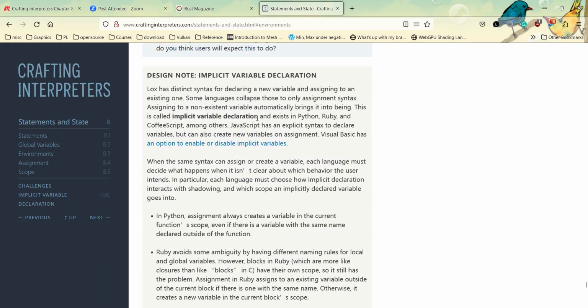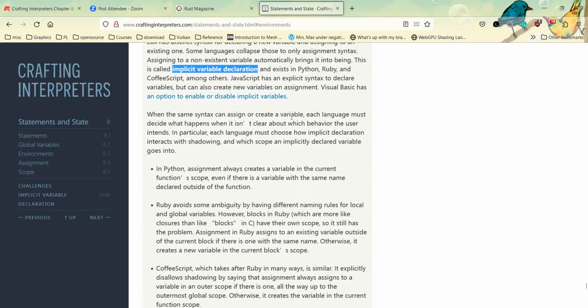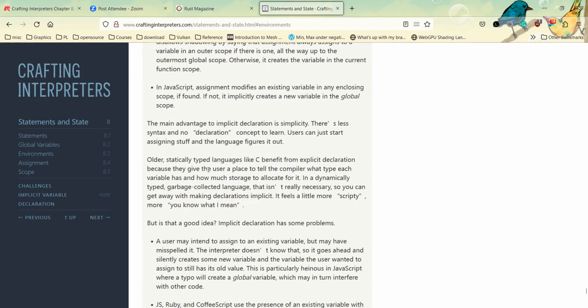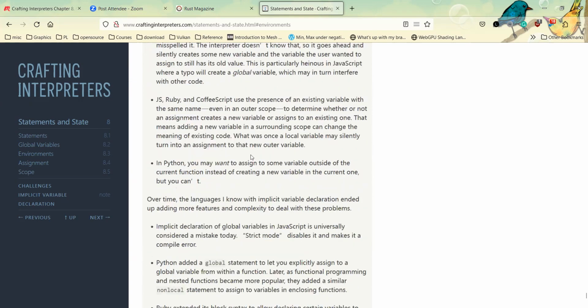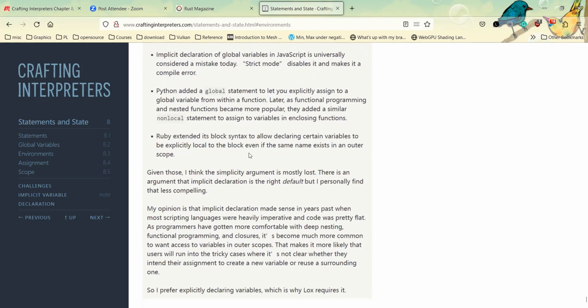Basically, I think this implicit variable declaration is a pretty bad idea, and they also agree. The simplicity argument is basically lost.